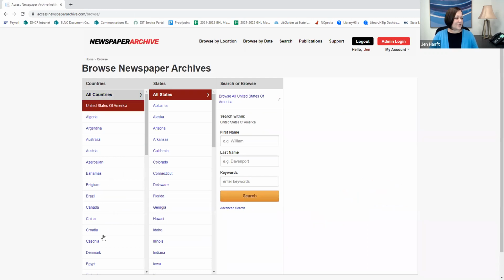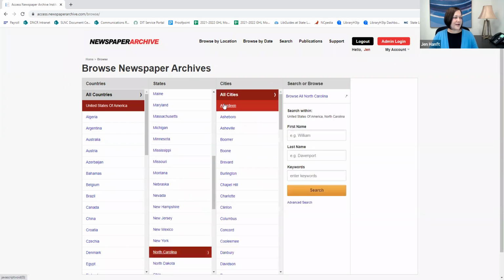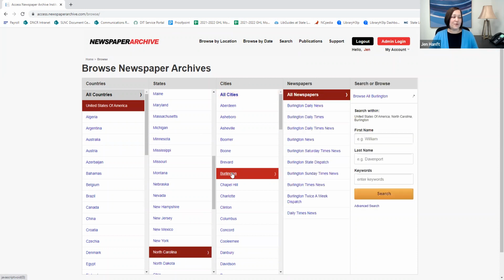We'll scroll down to, oops, the United States is right there at the top. Did not notice that. Okay, now we'll go to North Carolina. We've got all the cities that we have newspapers in NewspaperARCHIVE available for, and this isn't going to be all of the cities in North Carolina, but there are a good number of them. We'll take a look at Burlington, and these are the Burlington newspapers that are available to us,